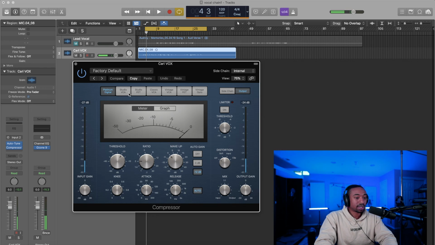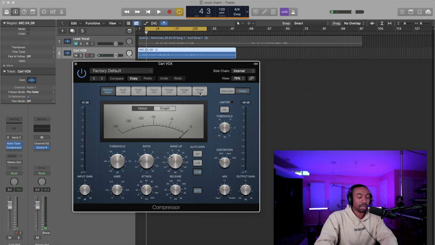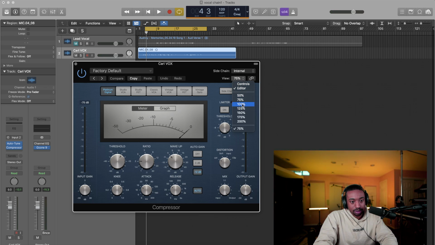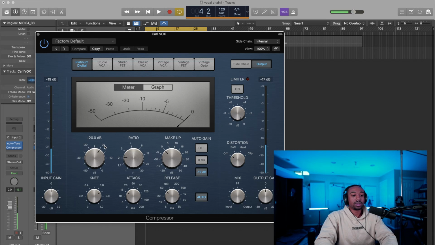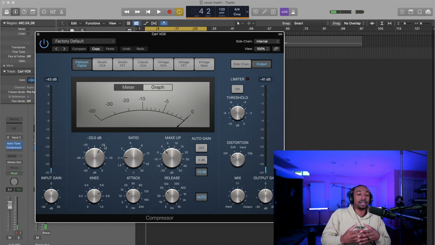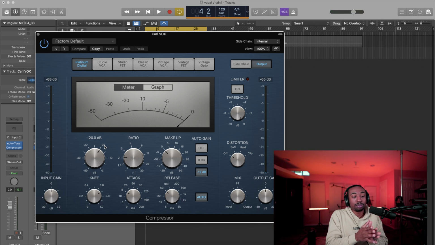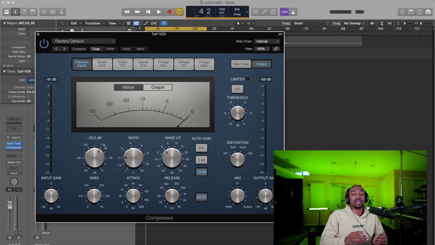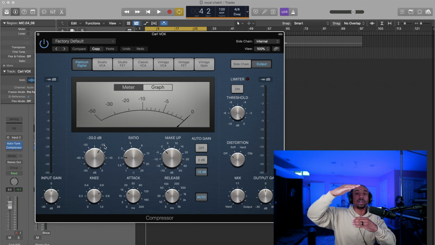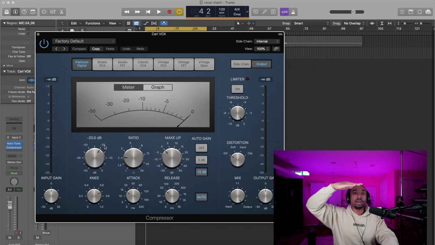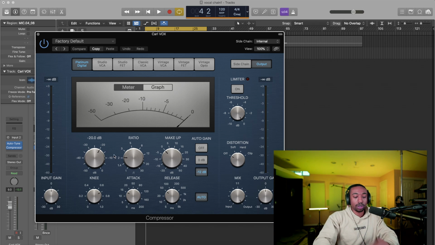So there are different types of compressors. We'll go through the different types. And then let me make this a little bit bigger. Okay, boom. So the first parameter with compression is not just the threshold, it's the input gain, okay? So with compressors, they work most of the time off of what's called a threshold, or a point in which once a sound goes above a certain point, let me go big screen. This might be big screen convo time.